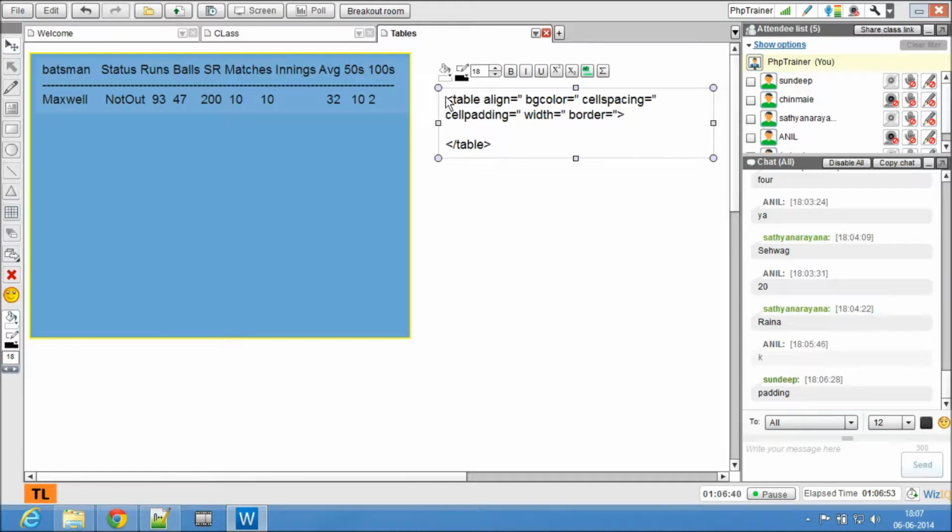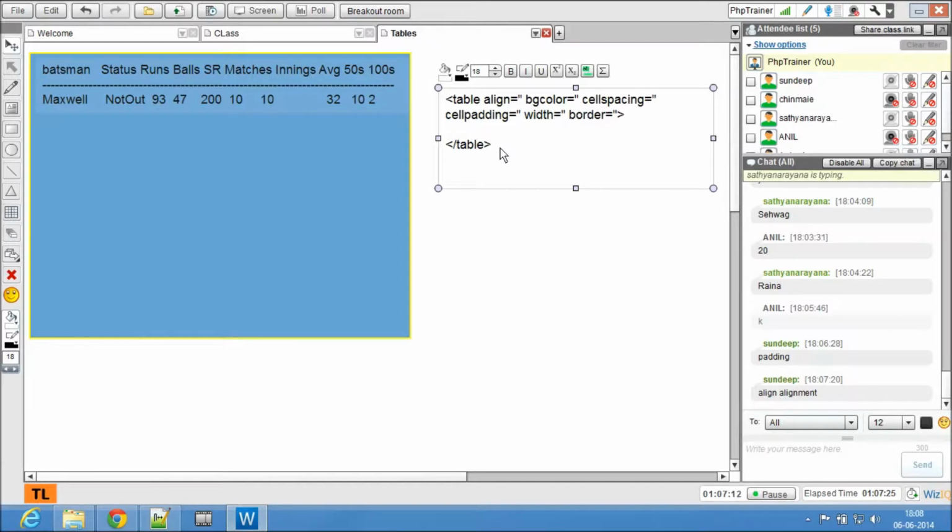A table is a paired tag, so you close it when you open it. This is the syntax of the table tag, but this is not the complete syntax of a table. We won't get a table using only this syntax. There is something else here. So what is that something? Now guys, start explaining every attribute. Tell me, align, bgcolor. I'm not giving the values here, so it's up to you guys to fill that in.